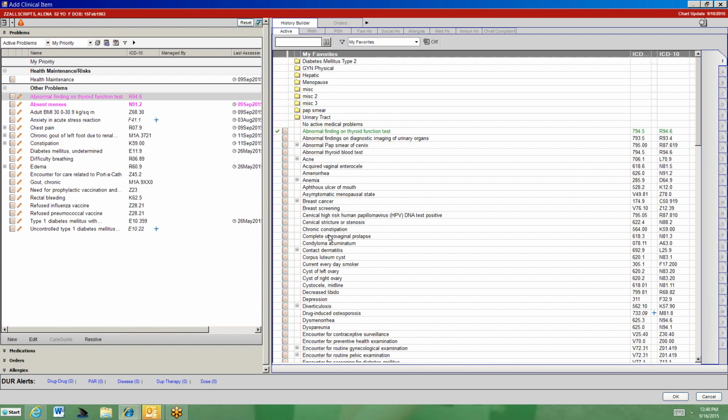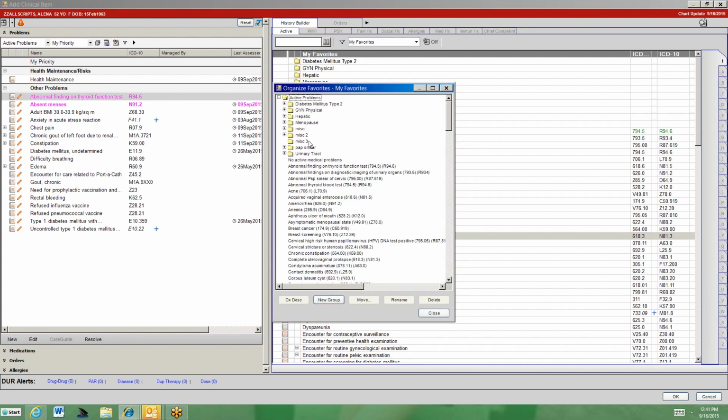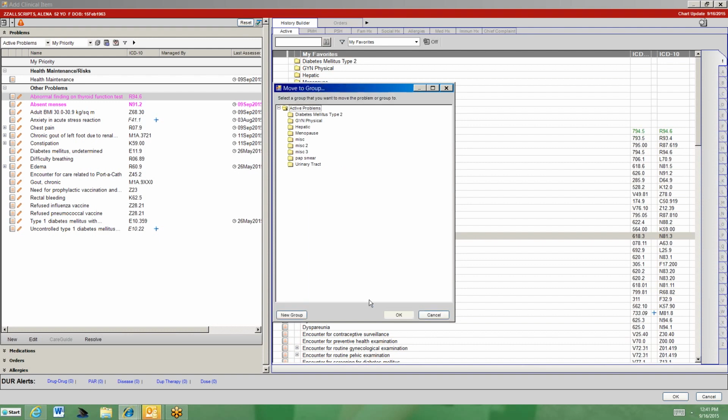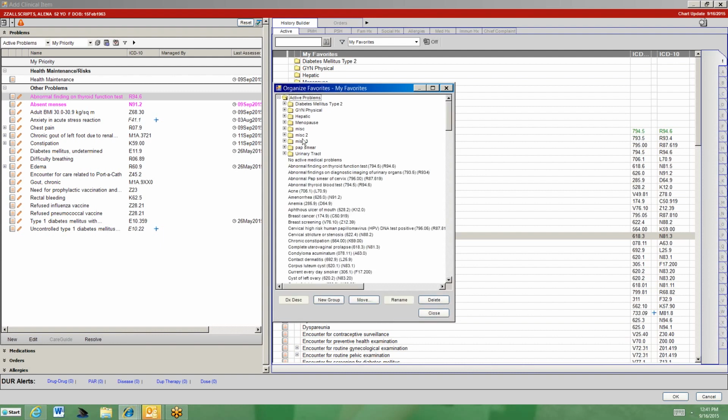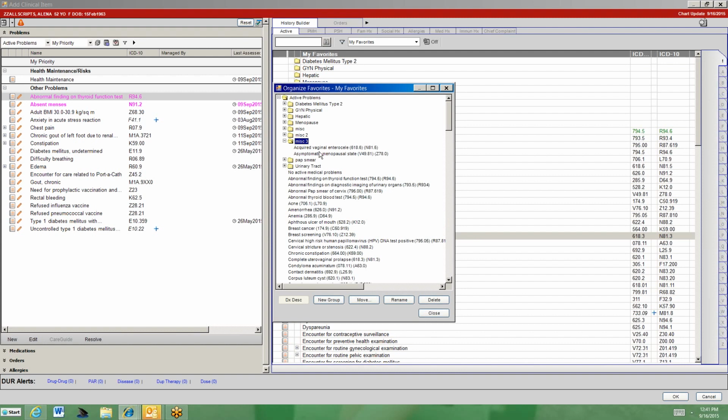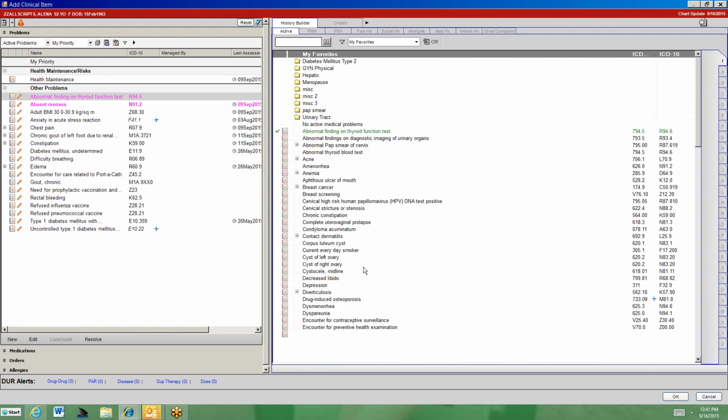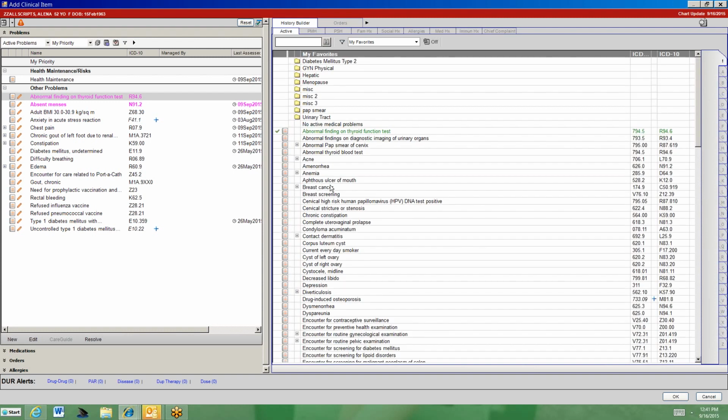Adding something to the folder, Organize Favorites, that then takes you to the Organize Favorites again, and you can choose one, or using the Control key, choose multiple, and then hit Move. It'll ask you what folder, and then hit OK. And those diagnoses will then be in the folder. So that's the way that you can create folders. Right-click function is probably the most important thing for you to remember. When in doubt, right-click, and it'll open up a whole new avenue of information that will help direct you as